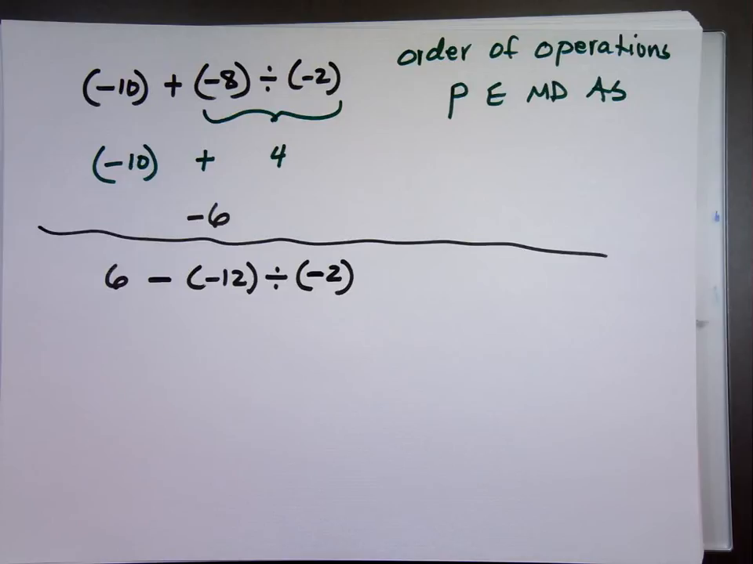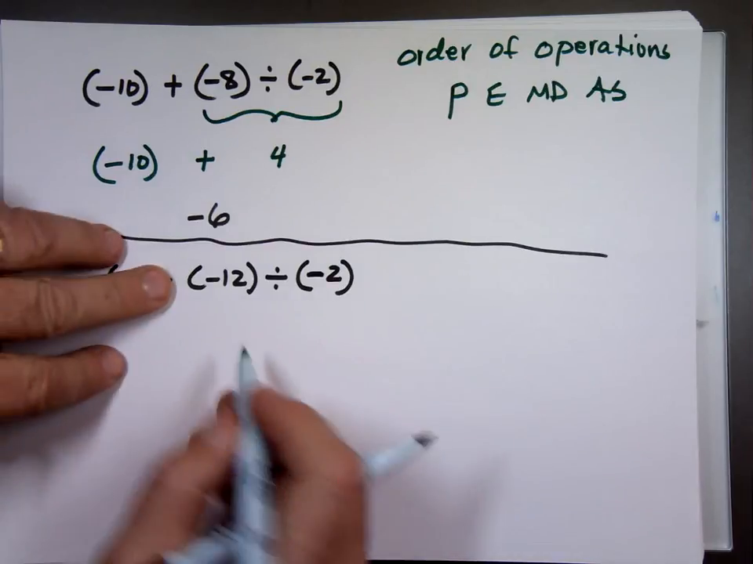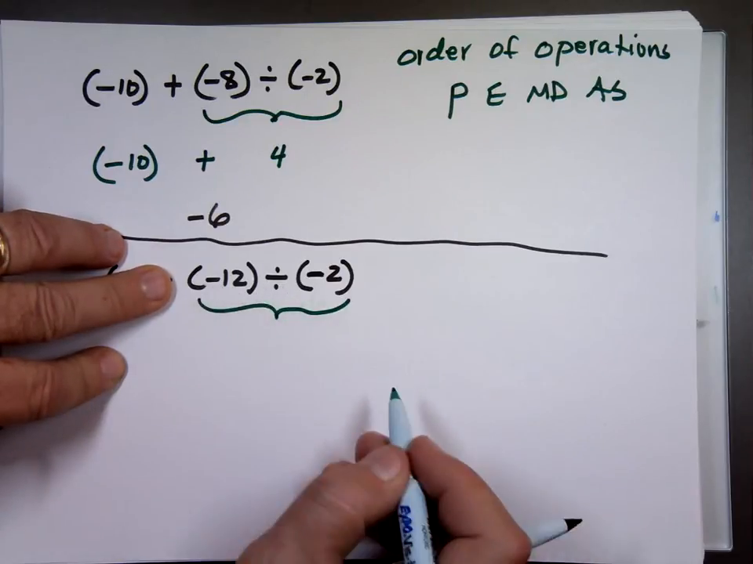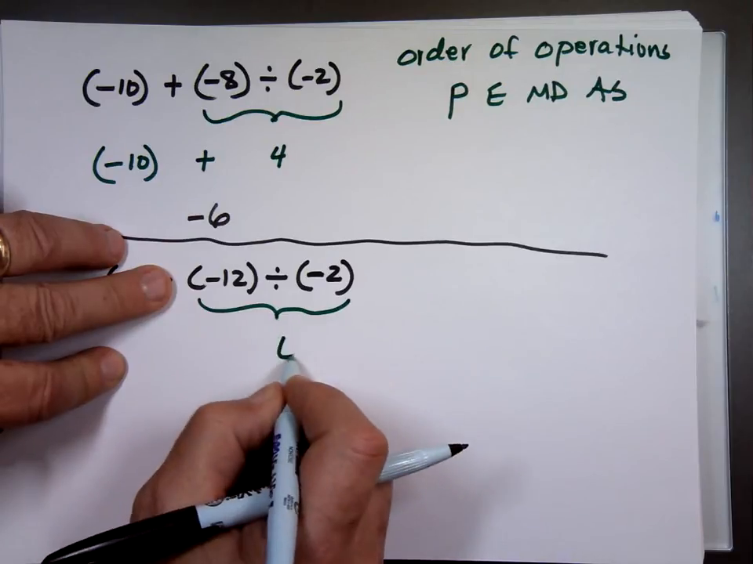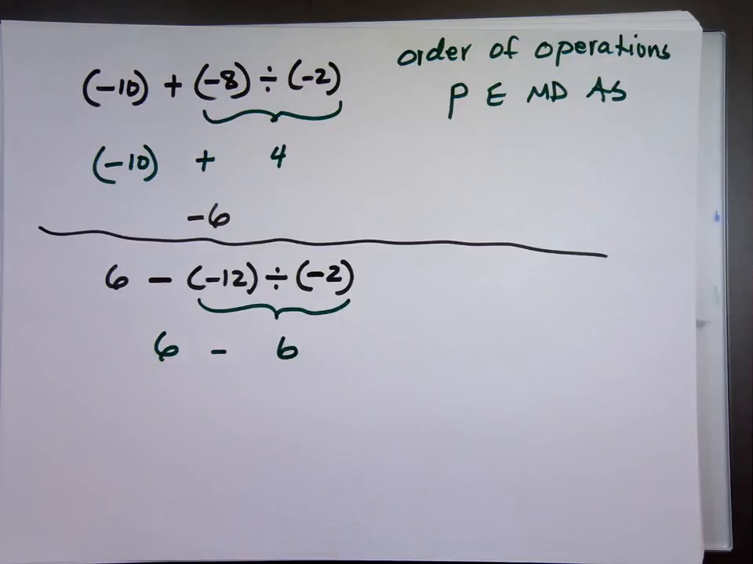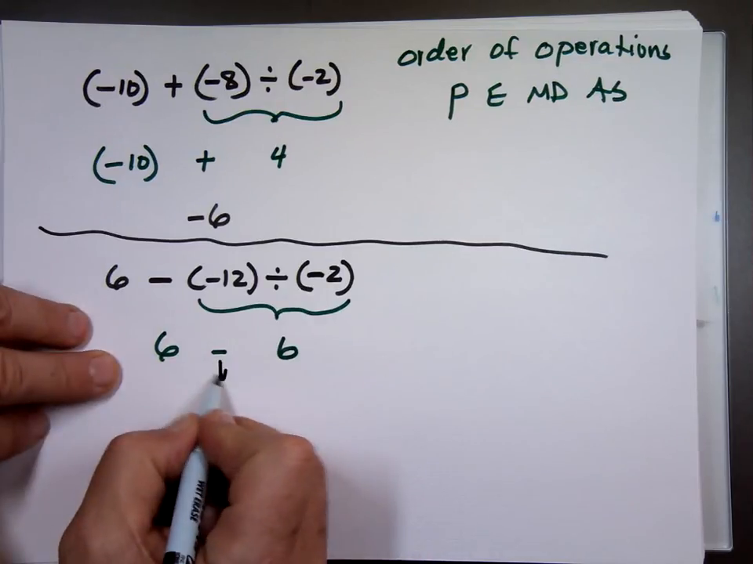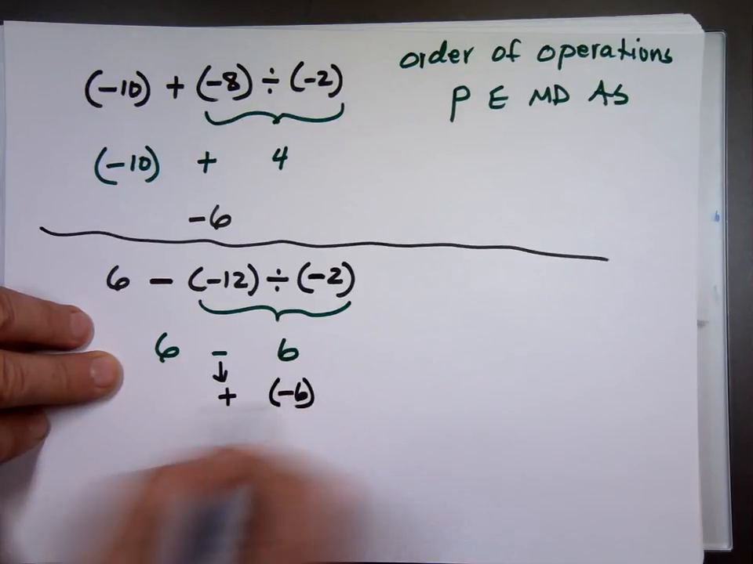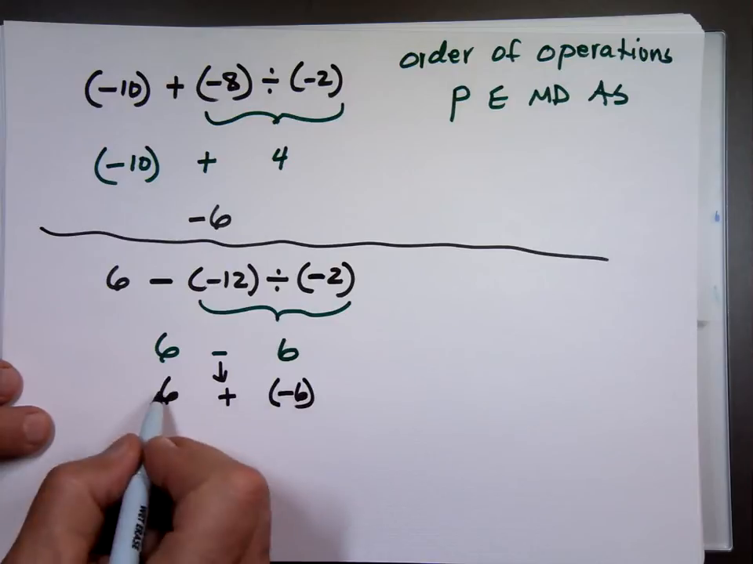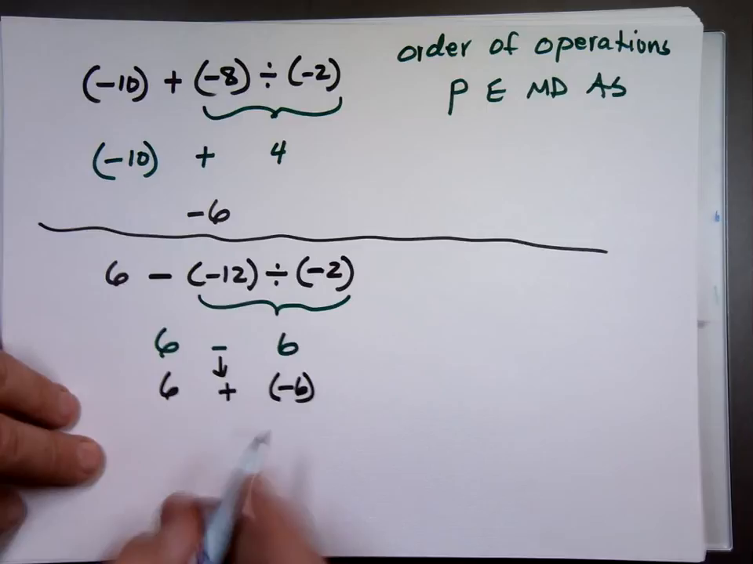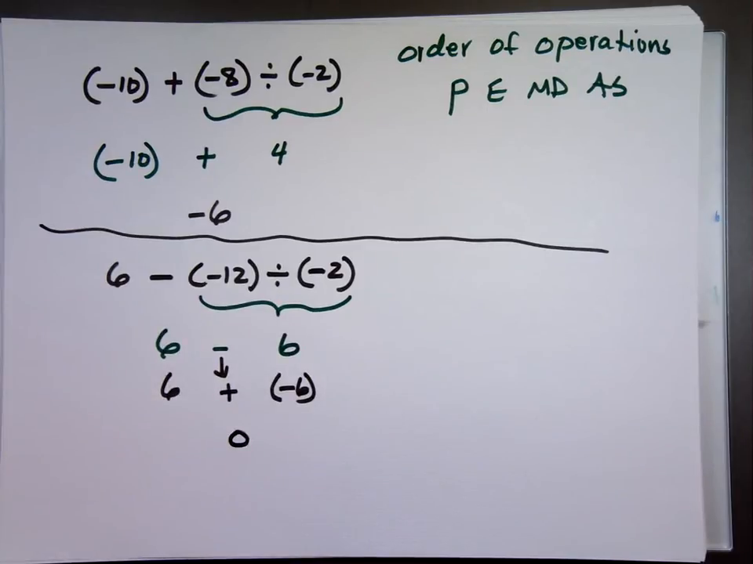Let's look at this. Got to do the division first. What's a negative divided by a negative? Positive what? 6. There's the minus. There's the 6. We take the subtraction, we change it to addition, and we take the opposite of that number. Another way of looking at it, you get $6. You lose 6. What do you have left? 0. So these are